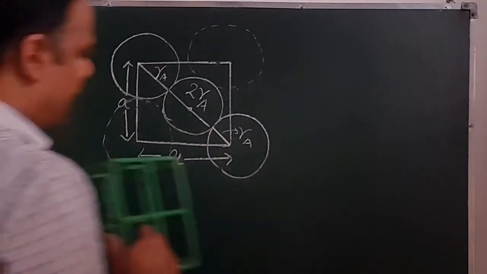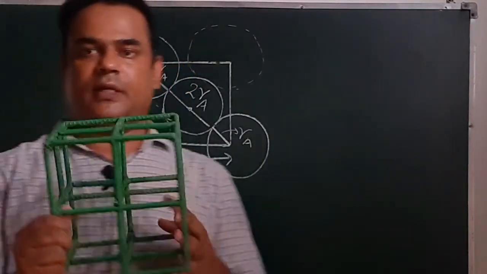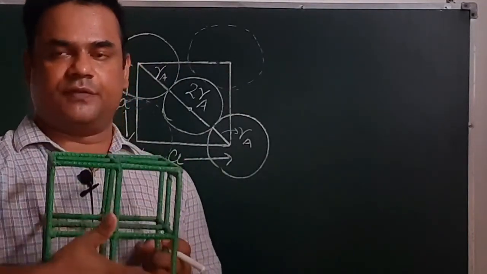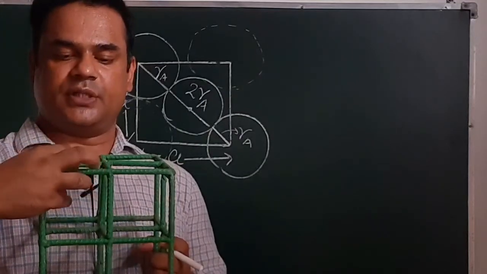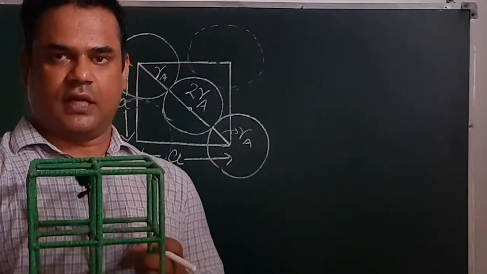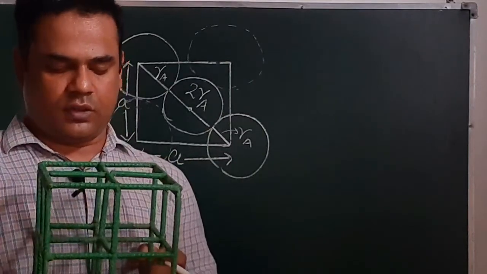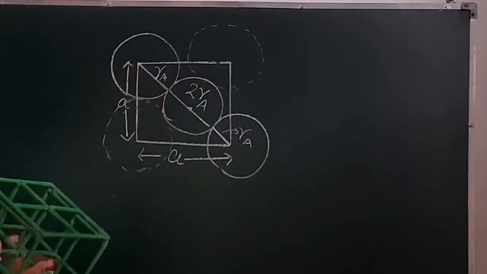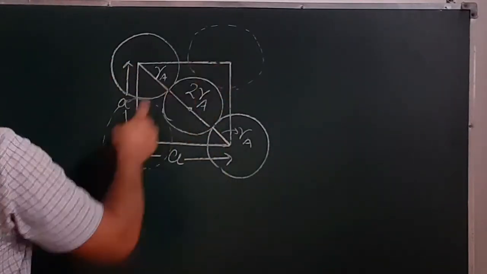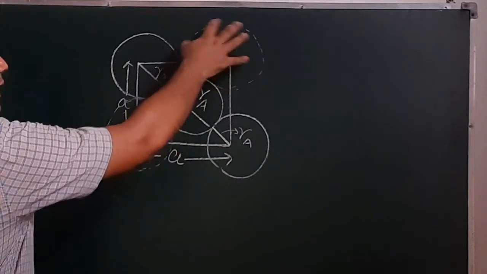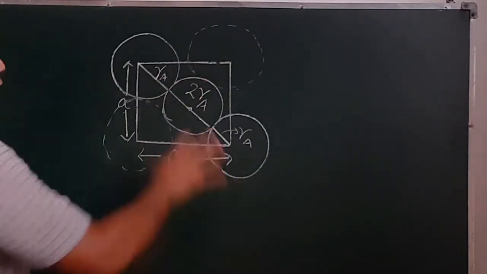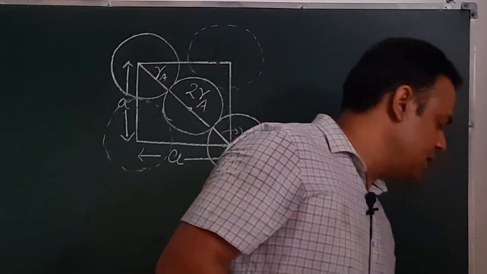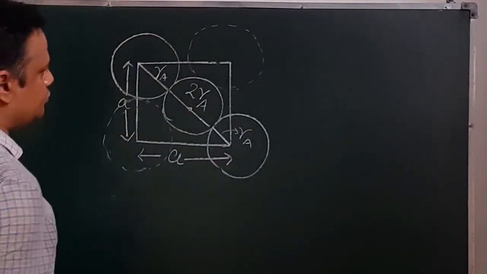Now if we look at the arrangement of one phase, this phase only, constituent particles are present on the corners, at all the 4 corners, and on the face. I have represented this in this 2-dimensional diagram, but these 2 constituent particles are not relevant for us, so I have represented them by a dotted line. We have to consider only this part,